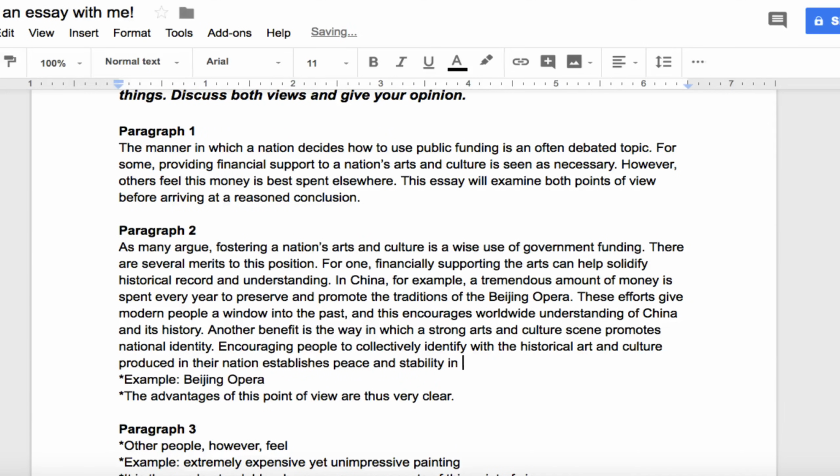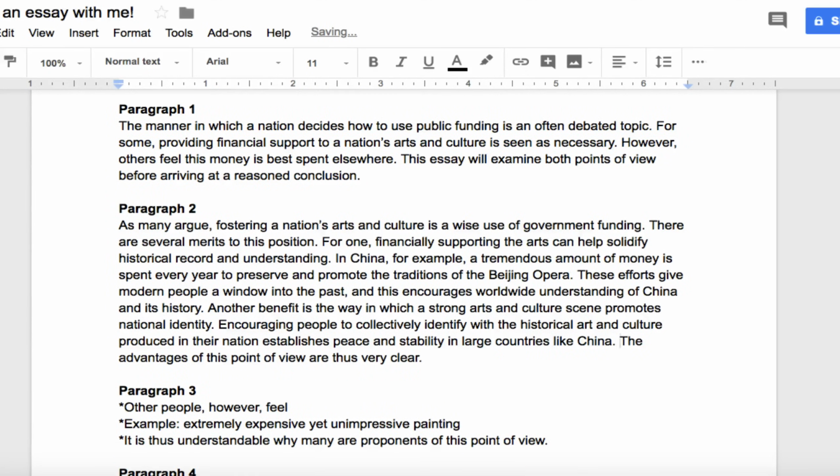And let's just point out that this is helpful to large countries like China. Another benefit is the way in which a strong arts and culture scene promotes national identity, encouraging people to collectively identify with the historical art and culture produced in their nation, establishes peace and stability in large countries like China. Okay, and then I'm just going to tack on our... so the advantages of this point of view are very clear,